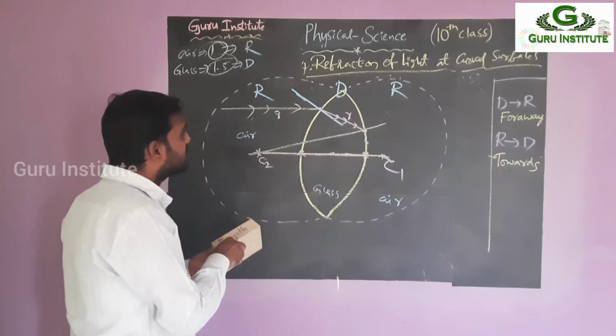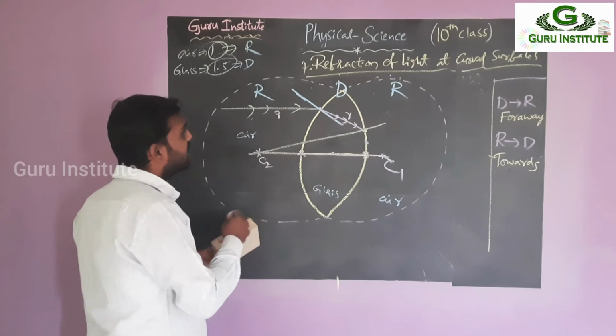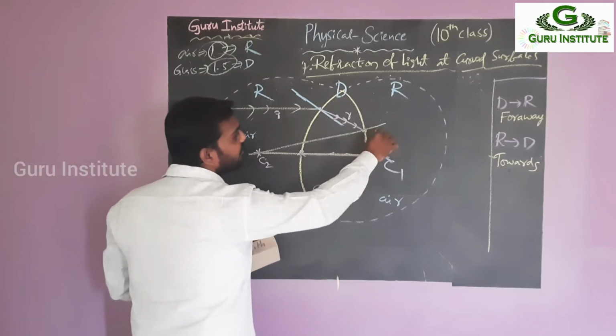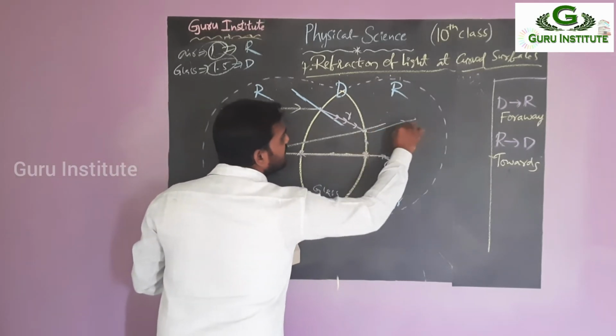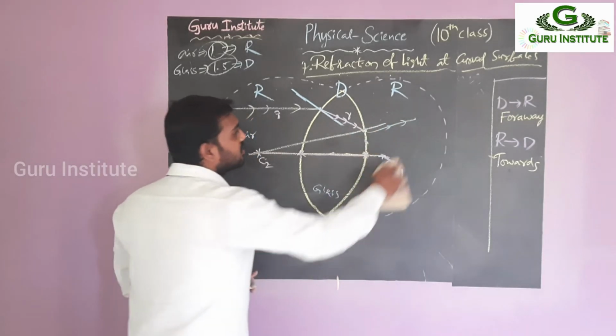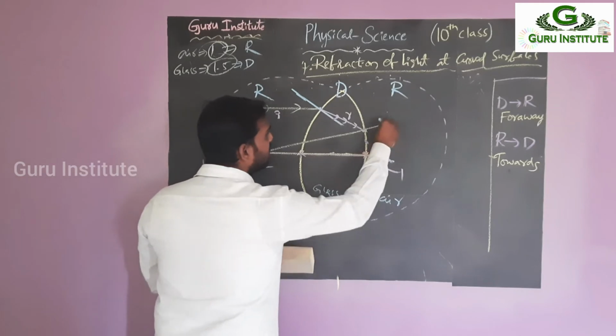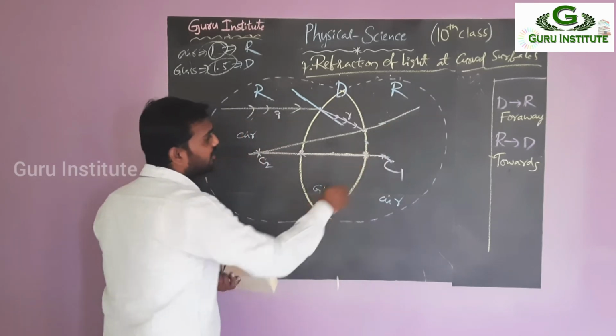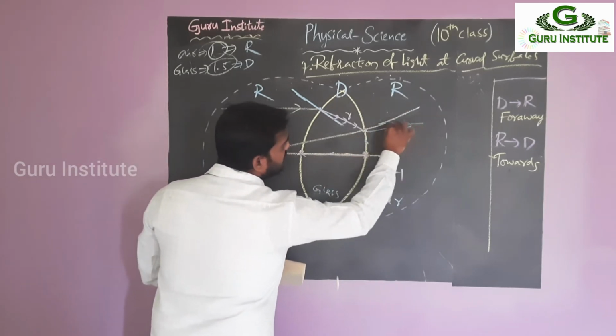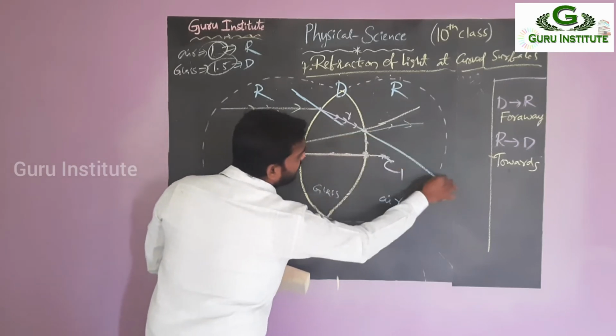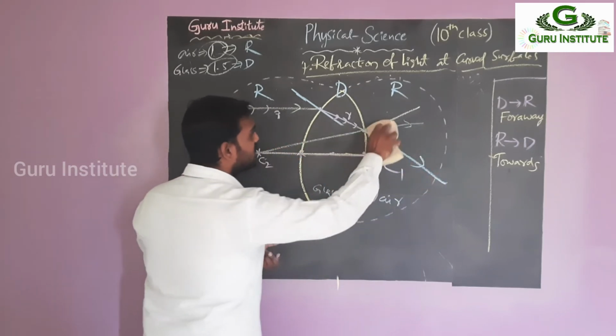Far away from the normal, where is the normal here? This is the normal, right? If you draw this side, it is towards the normal. So that is the far away. We have to take the far away from the normal. So this is the normal, far away and right. If you are drawing like this, it is towards, but it is far away. So far away, this should be the correct answer.